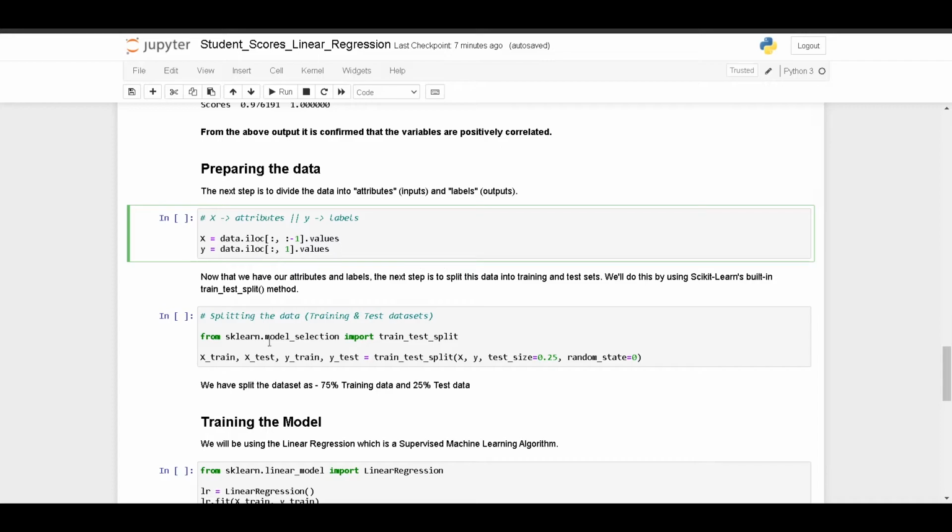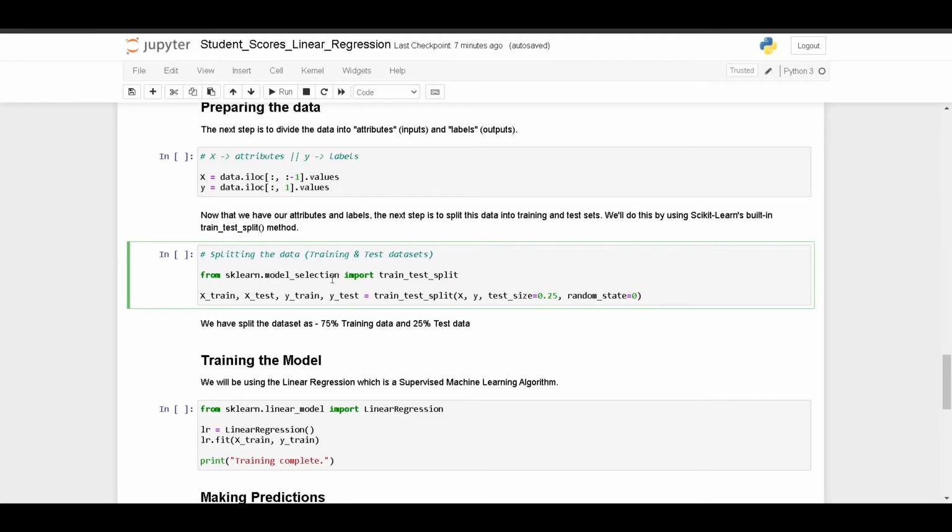For this, we'll be using scikit-learn's built-in train_test_split, which is present in sklearn.model_selection. X_train will be the training data, X_test will be the testing data, y_train will be the labels of the training data, and y_test will be the labels of the test data.